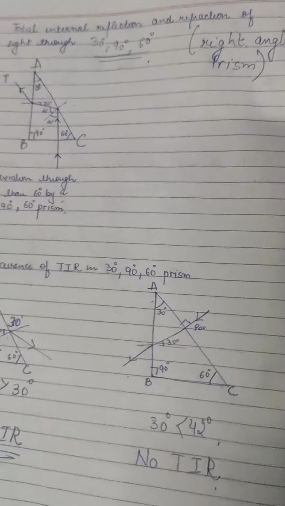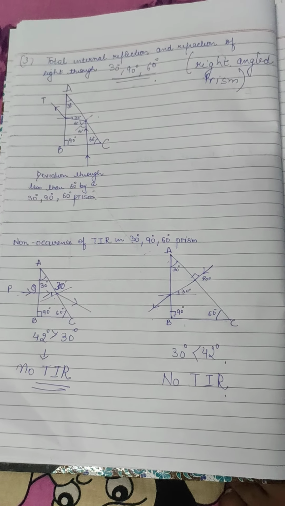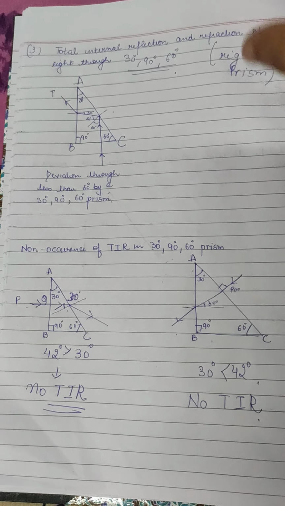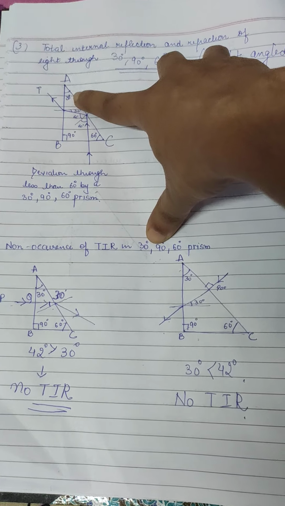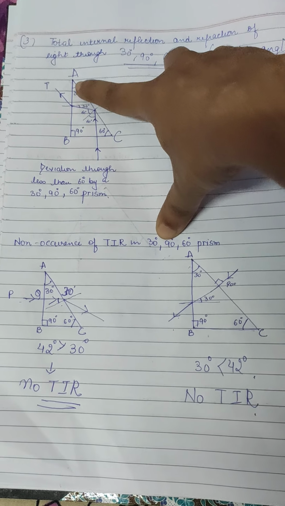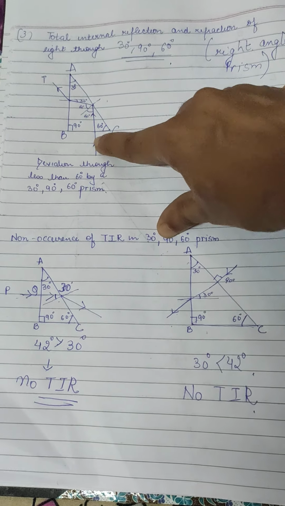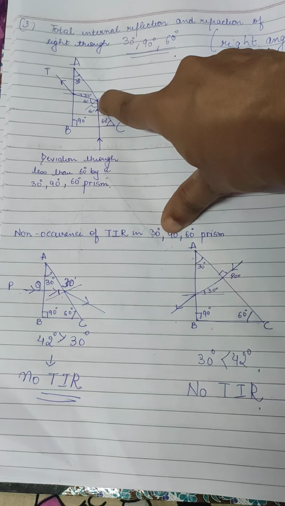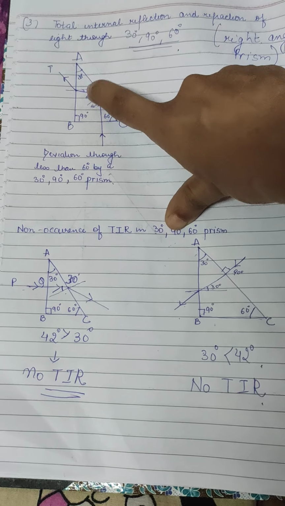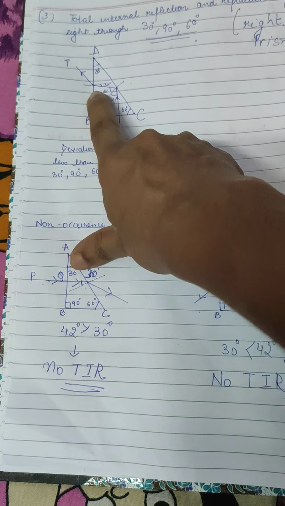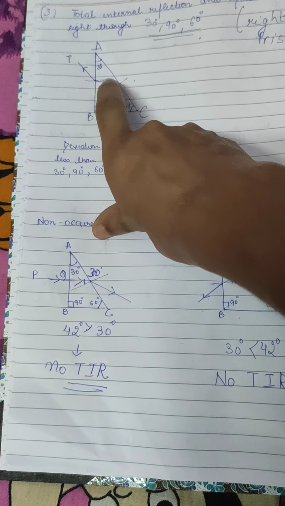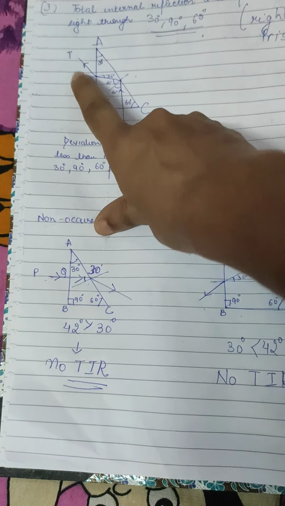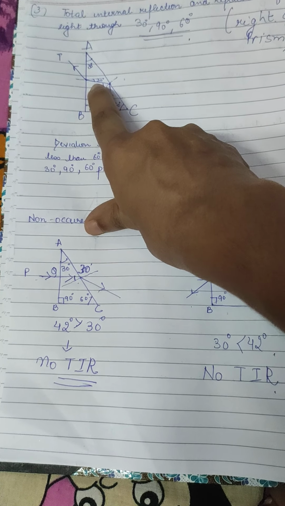Then we came to the right angled prism. In a right angled prism, all the faces have different angles. So we have studied the rays from all the faces. The first case, when the ray is coming from the face BC, is undeviated, striking the face AC, making an angle of 60 degree. Because of the 60 degree angle, total internal reflection occurs. But later on it makes an angle of 30 degree, so refraction is there, no total internal reflection occurs at this face.